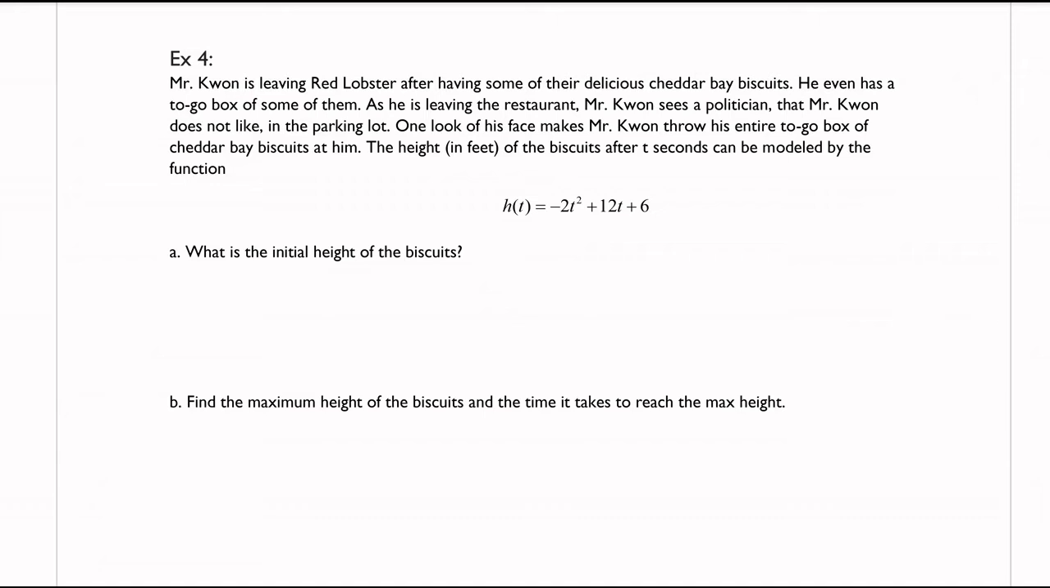The height in feet of the biscuits after t seconds can be modeled by the function h of t given there. What is the initial height of the biscuits? So we know that t represents the amount of time in seconds, and so we would like to evaluate our function when t is equal to 0. So we're plugging in 0 everywhere we see a t,